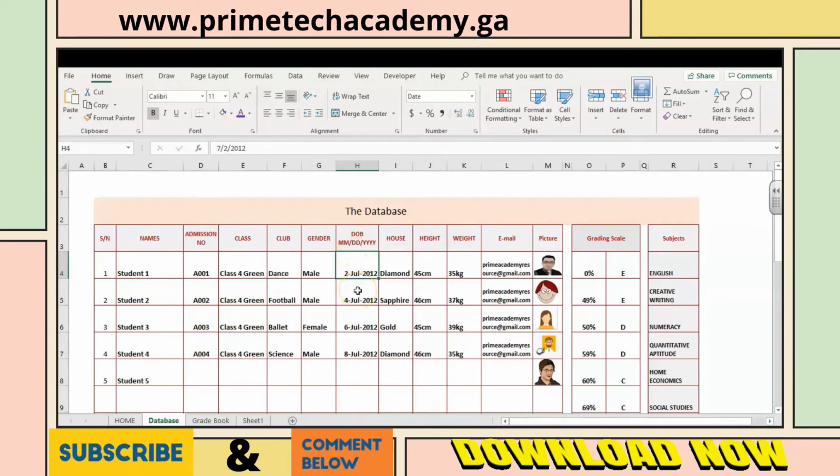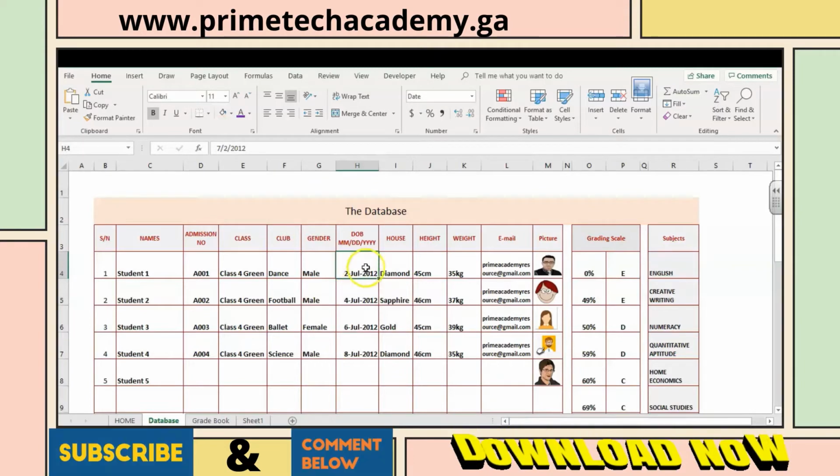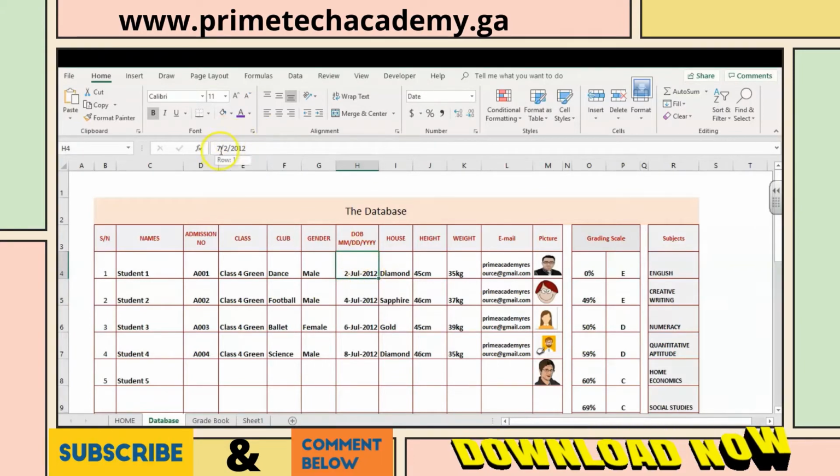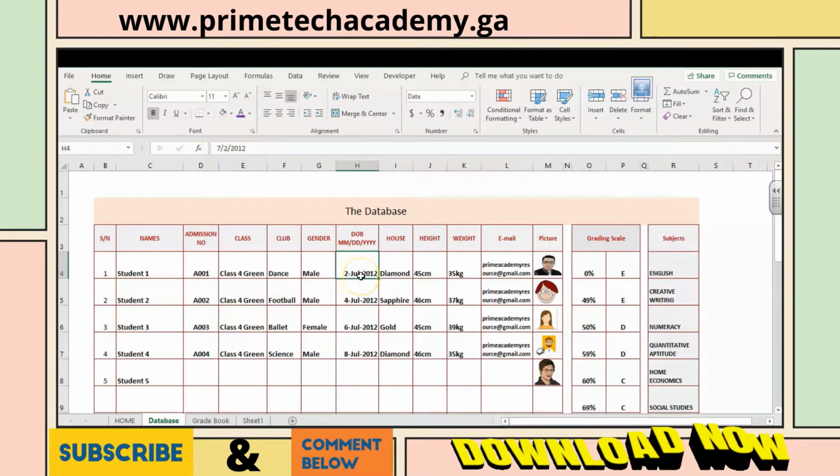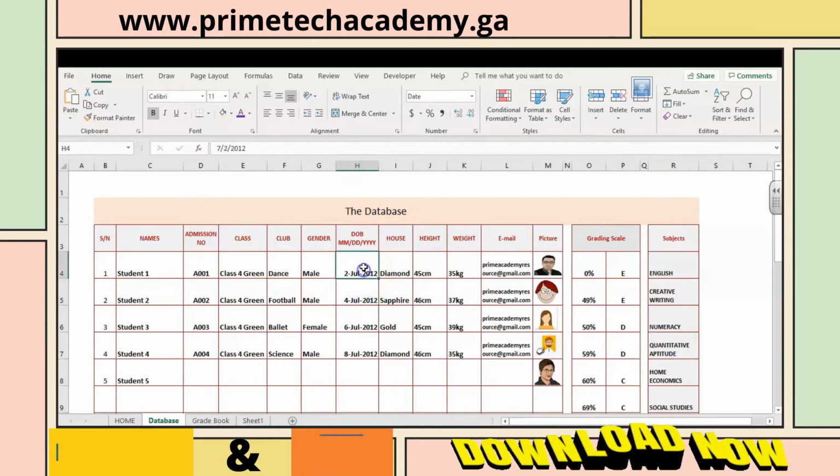is the date of birth section. That is dates. We need to format these dates to make them very readable. Now if I click this cell, what I have here is 7/2/2012. Now what comes first is the month, followed by the day and the year. Month, day and year. That's why it is 2 July 2012. Now to format it this way, you just select all the cells down,